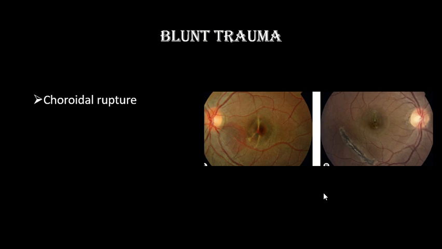Then damage to the choroid, and the choroid is ruptured. See, this rupture is usually concentric with the macula, and the complication associated with this choroidal rupture is later on formation of choroidal neovascular membrane. And here we can see this rupture is involving the fovea, and there is also some hemorrhage, and in this condition the patient immediately has significant reduction in the visual acuity.